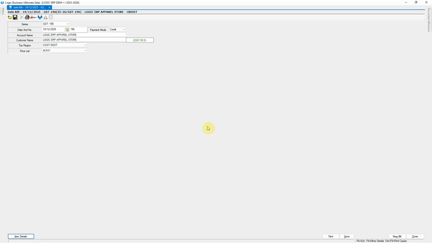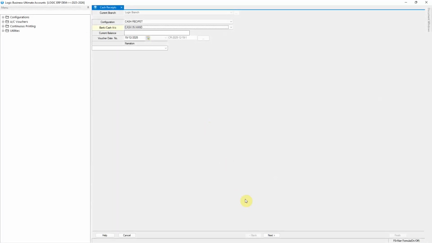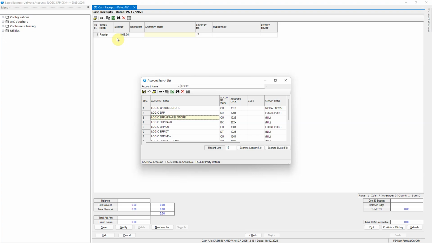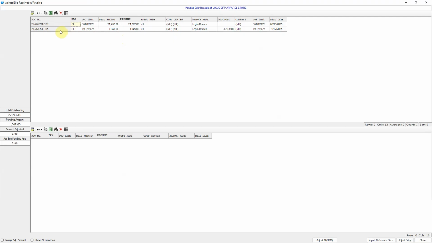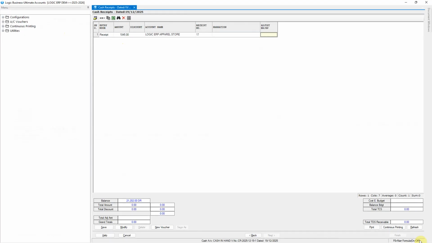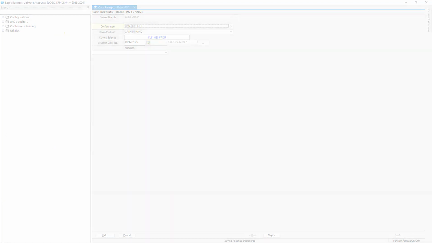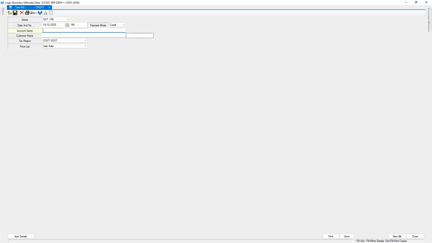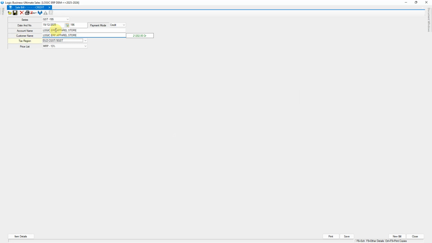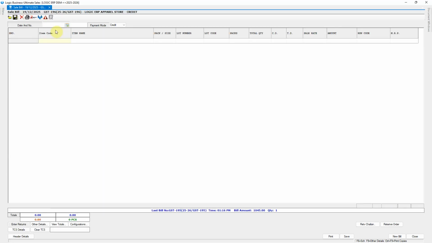To resolve this, open the cash receipt voucher, enter the receipt for the previous bill, adjust the bill amount, and after completing the entry, save it. Now, when you return to the sales bill and try to create a new bill, the software will allow it, as the last CD amount has been cleared.